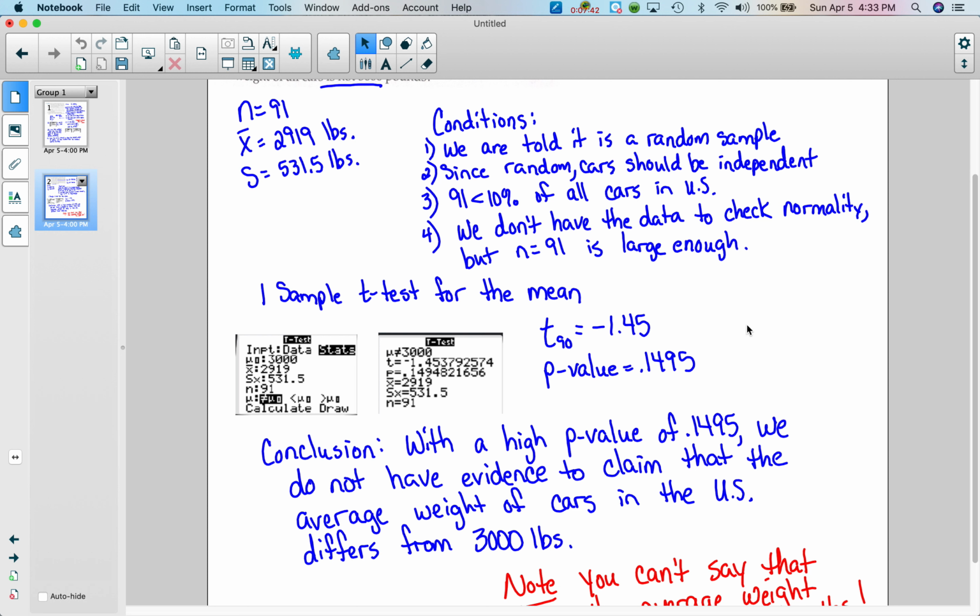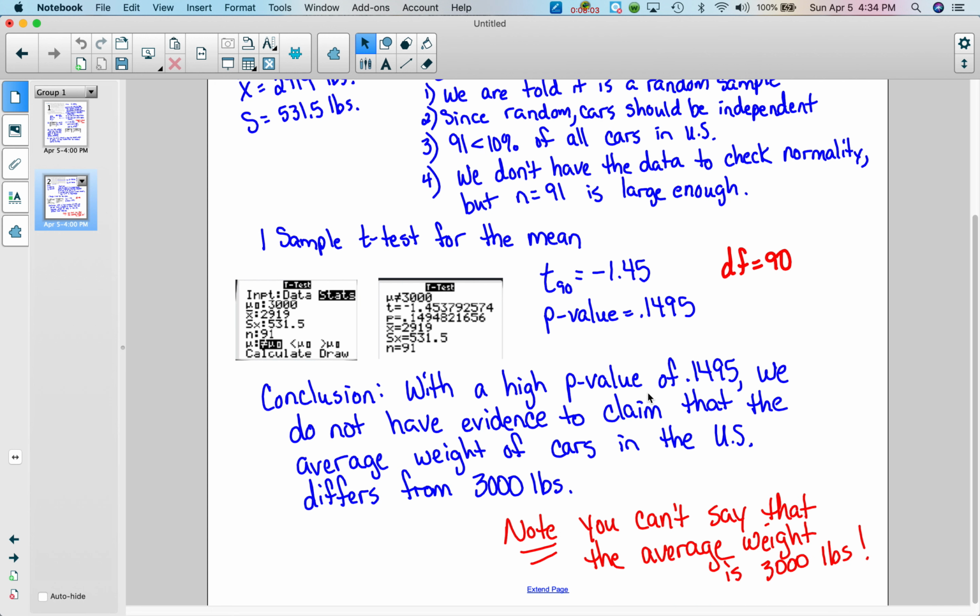If you did not do this, and instead you just said degrees of freedom equals 90 and you didn't put it there, that's okay. That wouldn't matter. Then your p-value is 0.1495. So that's really what's critical. You want to make sure you write that information down. And then you want to make sure you give a conclusion in the context of the problem. With a high p-value of 0.1495, we do not have evidence to claim that the average weight of cars in the US differs